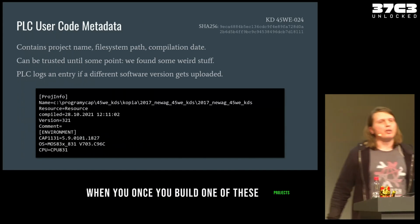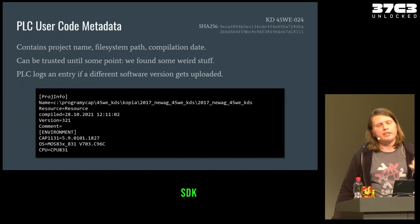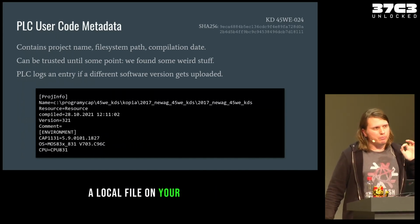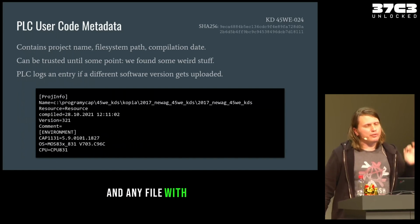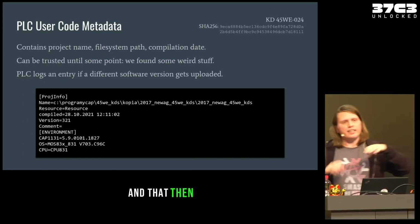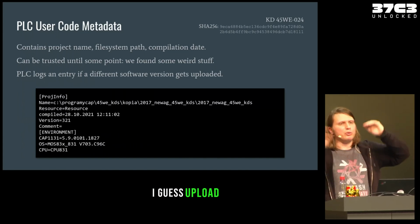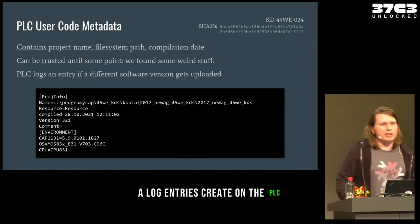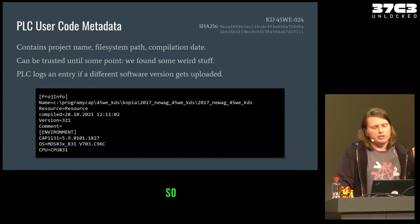One more thing. Once you build one of these projects on the SDK with the CAP1131 software, a local file on your Windows computer gets updated, an ini file with additional build metadata, like the build time and also the build path. That then gets embedded in the software that gets uploaded to the PLC. If everything goes well, a log entry is created on the PLC when the software is updated. So we can actually